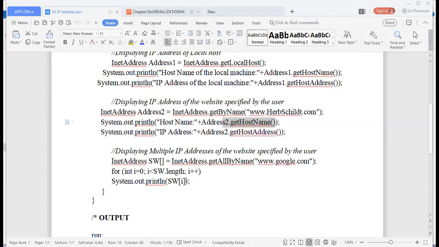If you want to use, you can use swi.getHostName, and in another line use System.out.println. Of course, you will be using a flower bracket in that case. If you want to print both host name and local address, again I will have to use swi.getHostAddress. So understood this?